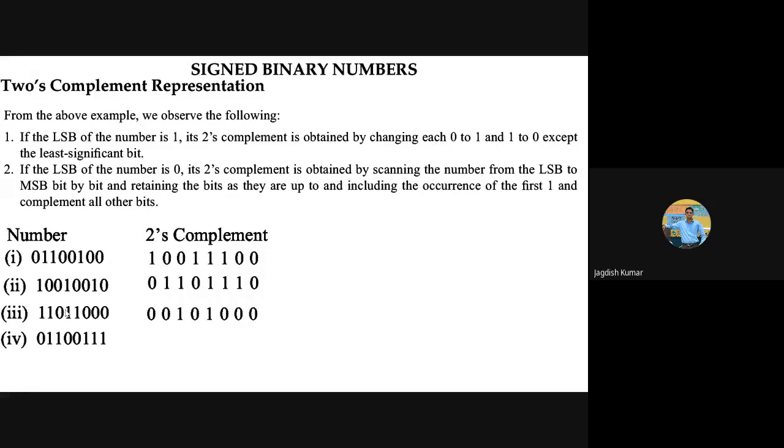Okay, let's try another last case where first rule is going to be applied now. Why? Because now least significant bit is 1. So this type of conversion is very simple. If the least significant bit is 1, its 2's complement is obtained by changing 0 to 1 and 1 to 0, except for LSB. So in this case, we will keep least significant bit as such, and all others will be changed from 0 to 1 and 1 to 0. So that's the 2's complement for this number. Isn't this way of getting 2's complement very simple? It is very simple and easy as well.